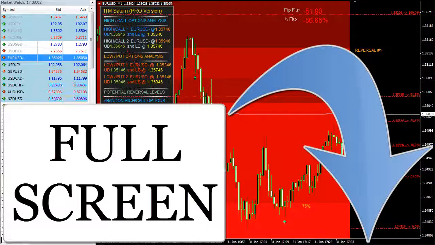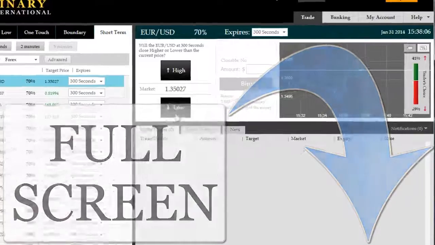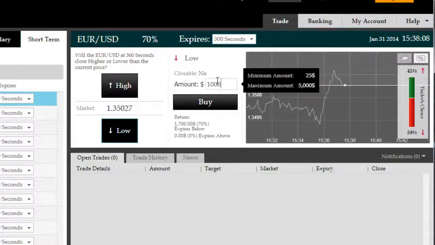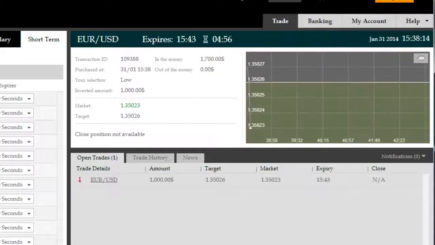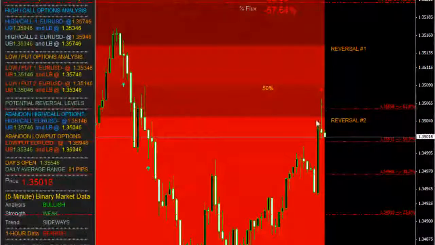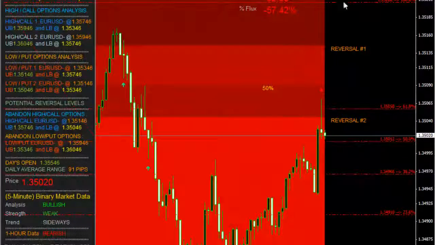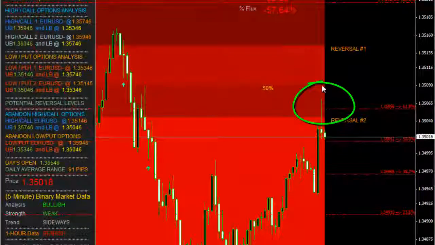Good afternoon. Currently on the Euro USD with a 61.8% retracement showing up on the Euro USD. Going to go for a 5-minute short or low put option on this trade with a $1,000 investment. ITM Saturn Pro's automatic Fibonacci retracement tool that generates these for you shows a high probability resumption of the trend